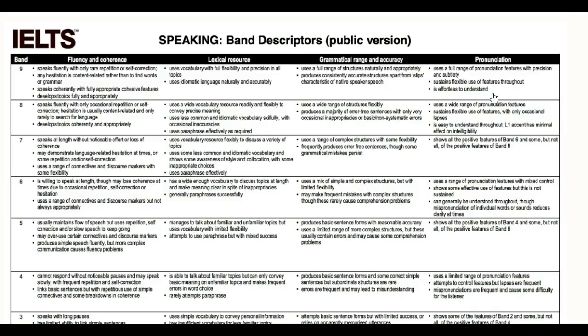That doesn't mean that you have to speak like a native speaker. This is something that people misunderstand all the time. They think to themselves, oh, I have an accent from my country, I have an accent from my native language. That's okay. That doesn't matter. You will certainly have an accent, and you're expected to have an accent, and no one is going to score you poorly for that. However,